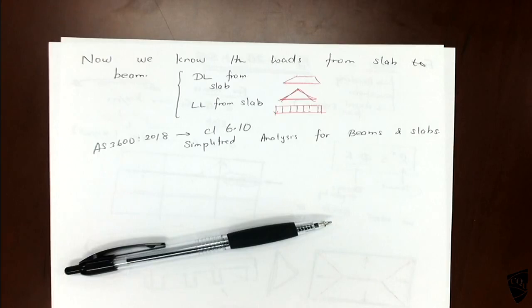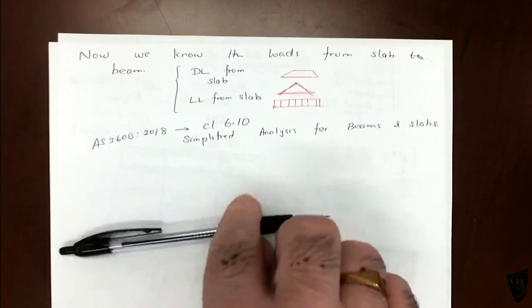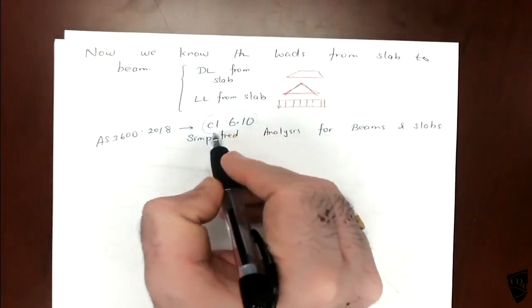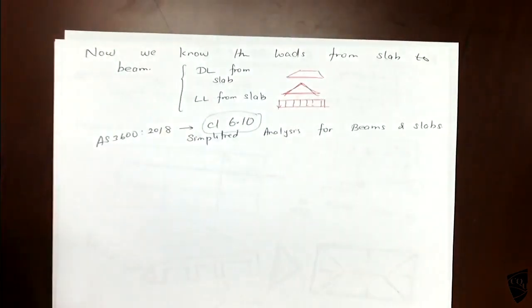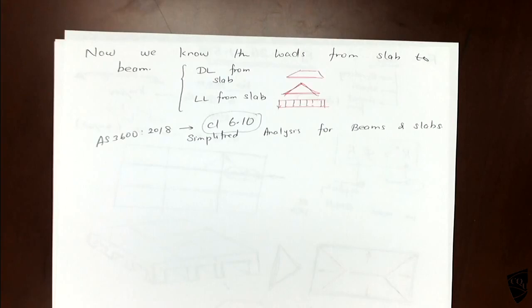So if I want to get the bending moment and shear force diagrams for the beams, I should be able to use that one. So if you want to use the simplified method approach,